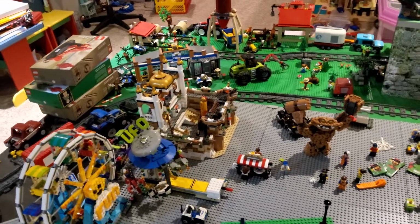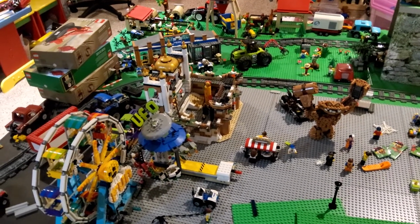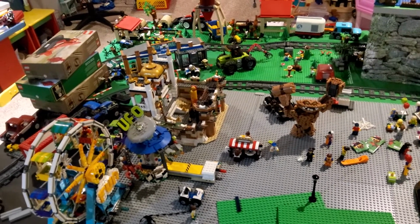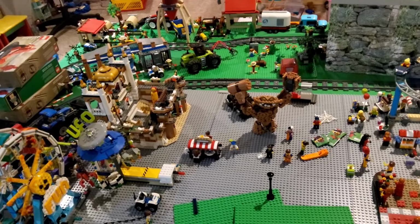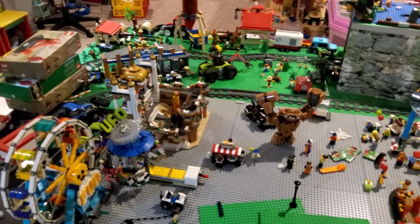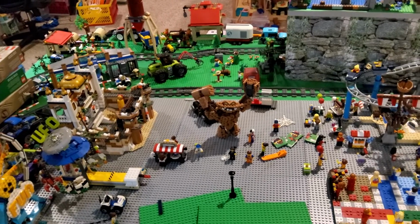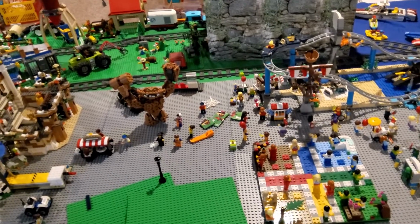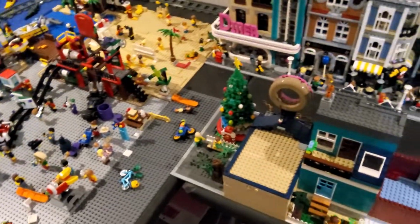So I just need to order more pick-a-brick pieces to do the fences for the sheep and the pigs. Now the pig pen had to be expanded, not due to the sheep, but due to the shelters that I had to make custom for the pigs. So that is the changes that I did for the farm. And then the forest tractor is just there temporarily until I get around to doing the Winnie the Pooh set, which I've been putting off for way too long again. But that is everything that I've got